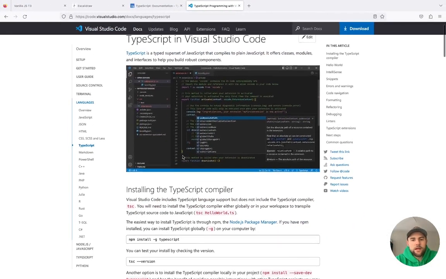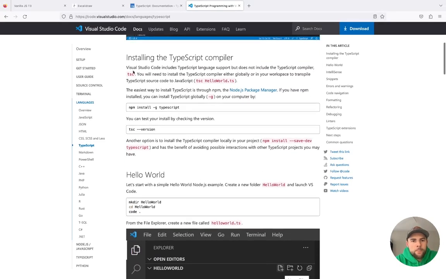It says TypeScript is a superset of JavaScript, and it says it comes with the language support, but it does not come with the TSC or TypeScript compiler. So just zooming out for a second, remember, TypeScript is a superset of JavaScript. It does not natively run in any browser. In other words, you have a compile step, where you have to transpile that TypeScript syntax to plain JavaScript. And once it's compiled to plain JavaScript, then it can run in a browser. So that's kind of our goal here.